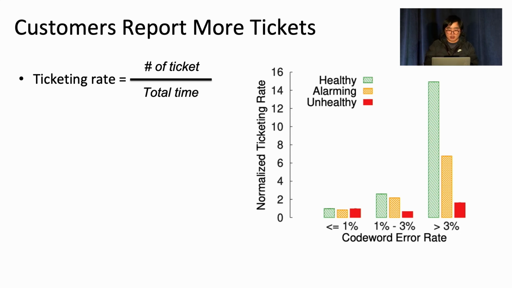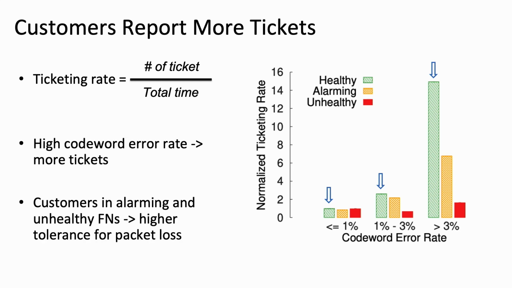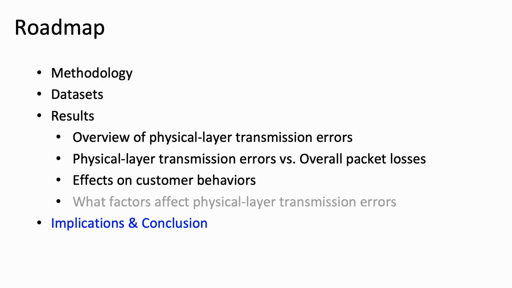overall ticketing rate. From these 3 bars, we can observe that in healthy FNs, customers report many more tickets when the codeword error increases. However, for the right 3 bars, we can find that customers in alarming and unhealthy FNs will report much fewer tickets compared to the customers on the healthy FNs, indicating that those customers have a higher tolerance to packet loss. Due to a time limitation, I will skip one result, and we will just go to the final